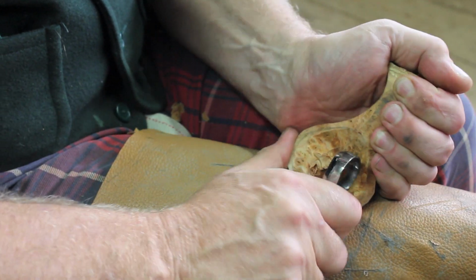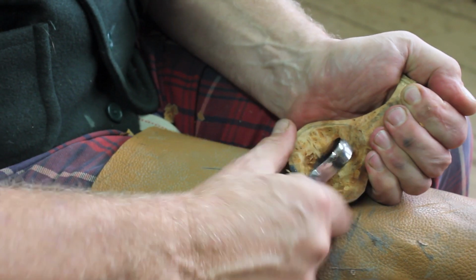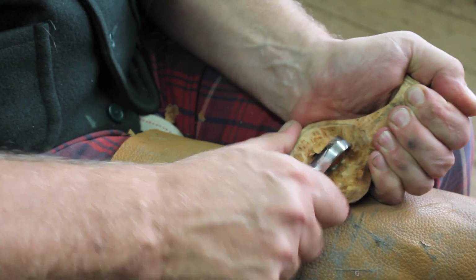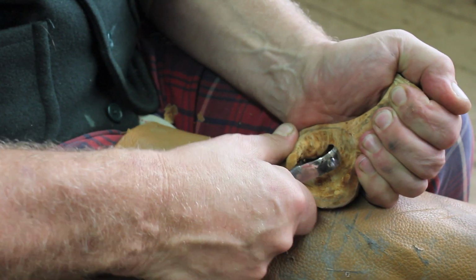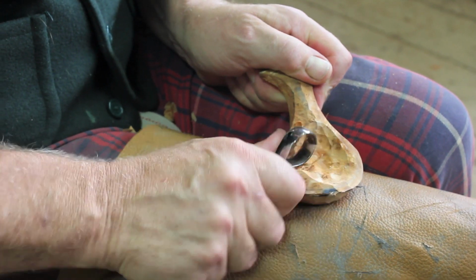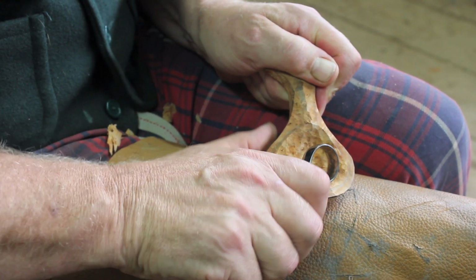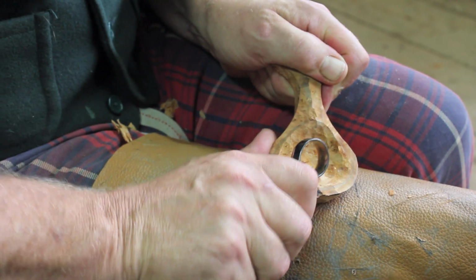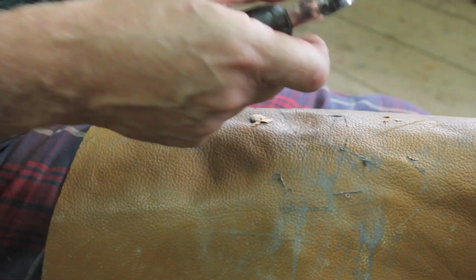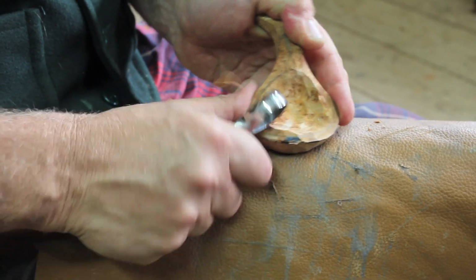I think the other thing to think about with a lot of work generally is don't try and take too much at a time. Don't think, oh, I'll get in there and take a massive great chunk out. You're better off just doing little bits, because you don't want to wear yourself out or give yourself strain in your hands. I've got it resting on my knee, so I haven't got to hold it up in the air, so I'm not wasting too much energy,